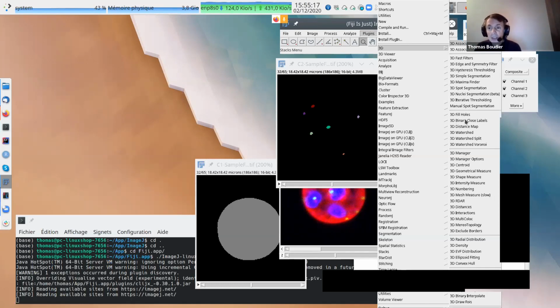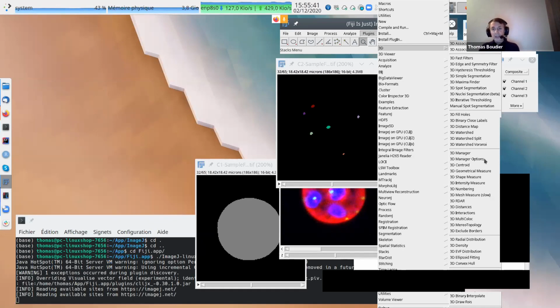Maybe we will use binary close label. Once you detect your object, you may want a compact shape. Maybe the shape is not so smooth, so you want to smooth the shape of your object, and you may want to use this binary close label. Distance map, we will see later what I showed also. So we'll focus on this one.